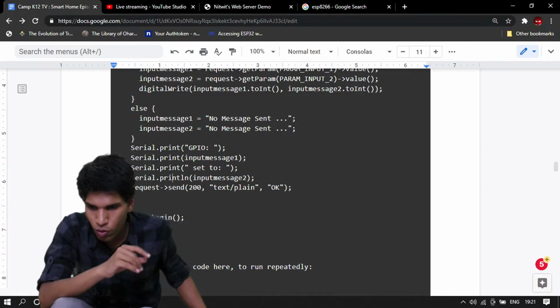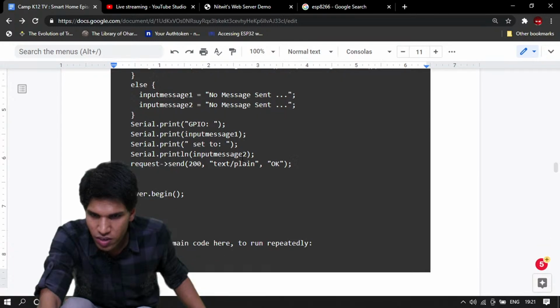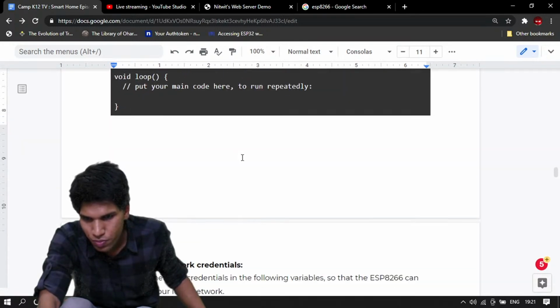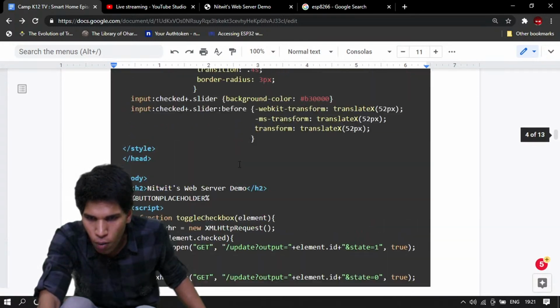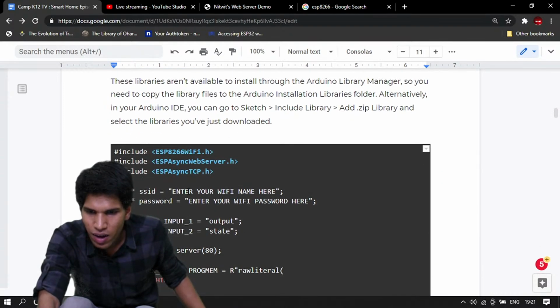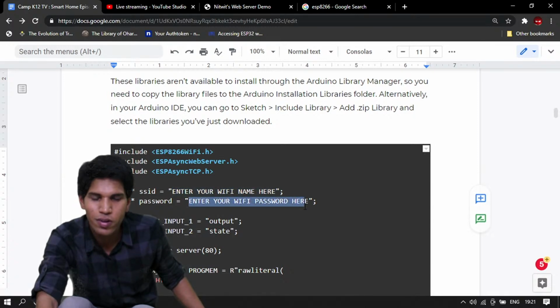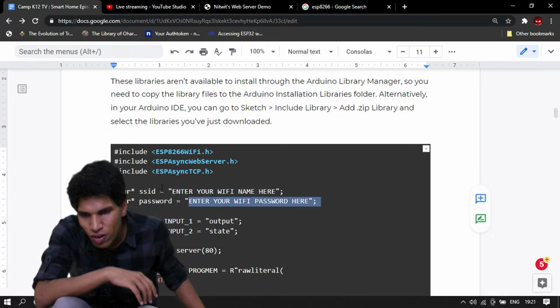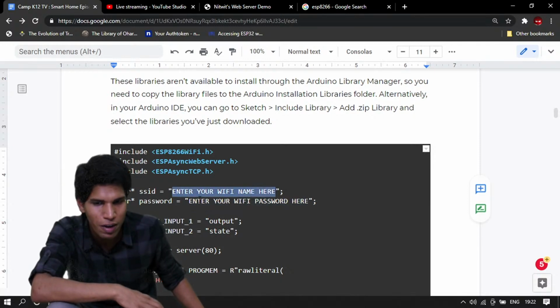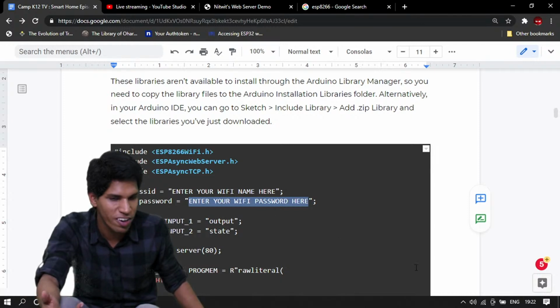In the code mentioned in the document, you will notice at the top there is a line that says enter your Wi-Fi name here and enter your Wi-Fi password here. This is where you will write your home Wi-Fi's name and your home Wi-Fi's password.